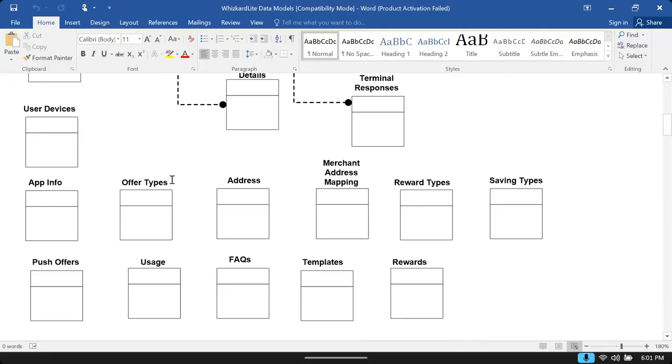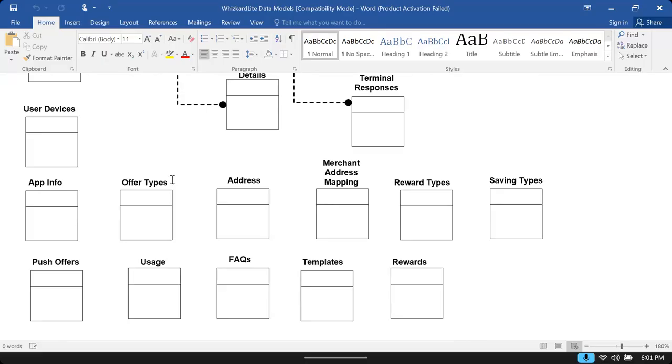Once we prepare this entire model, a review team will come and review. What will they review? They will check according to business requirements: are we mentioning all the modules perfectly?